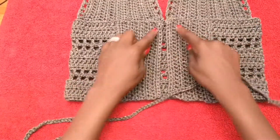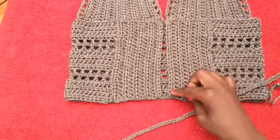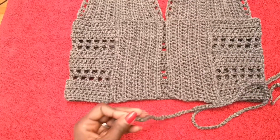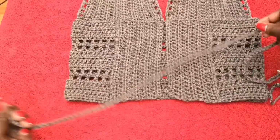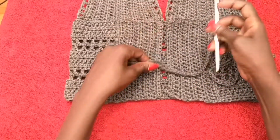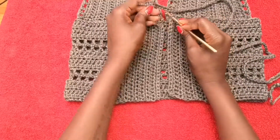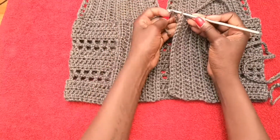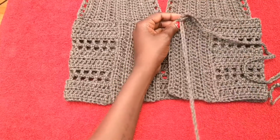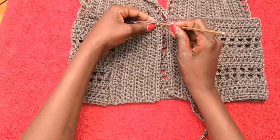If you want, you can start it up here and go down, or you can start it down and go up. So it's up to you how you would like to have your strap. But what I will do is I will pretty much bring this through from this side, and just anywhere on top of that is okay. We don't have definite spaces for them to go, but it's loose enough that you can do something like that. So we're going to do the